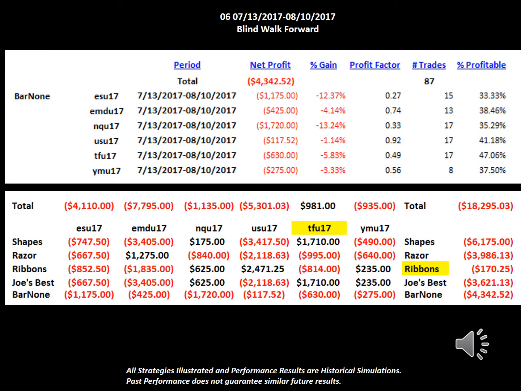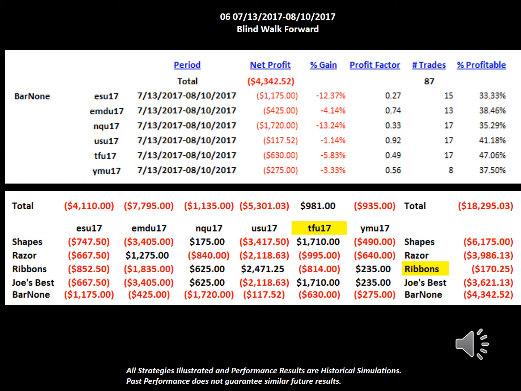Now here we had bar none, and bar none didn't have a good month. It had a losing period on all of the tunes. The best one, of course, would have been the bonds, just like the other one was, and it only lost $117 on the bonds. The summary below shows you trading all of them and including Joe's best, so you get